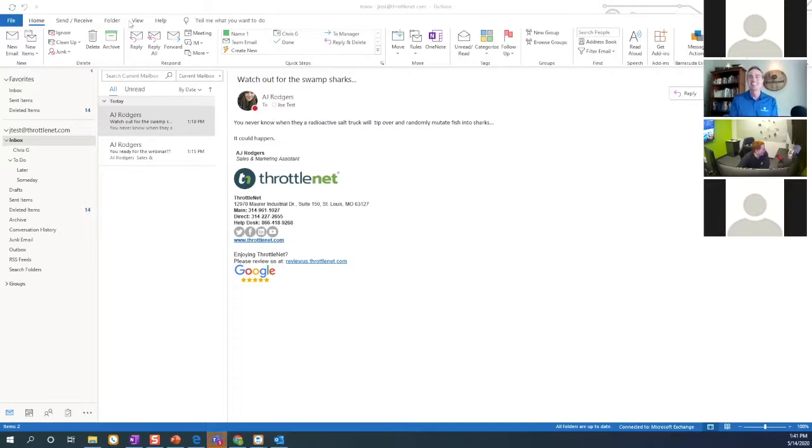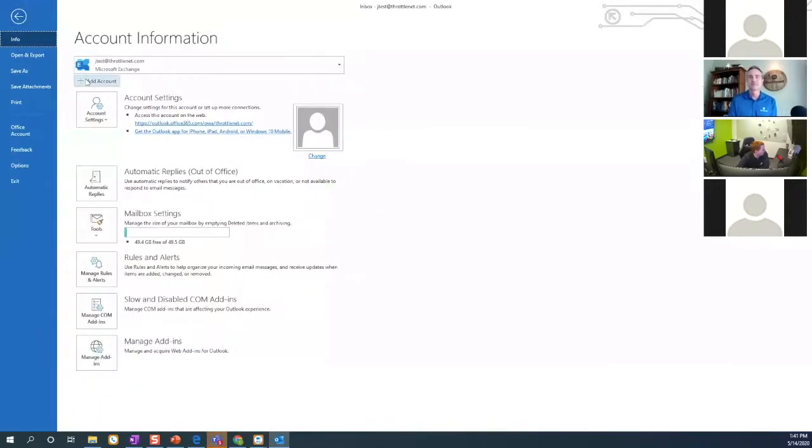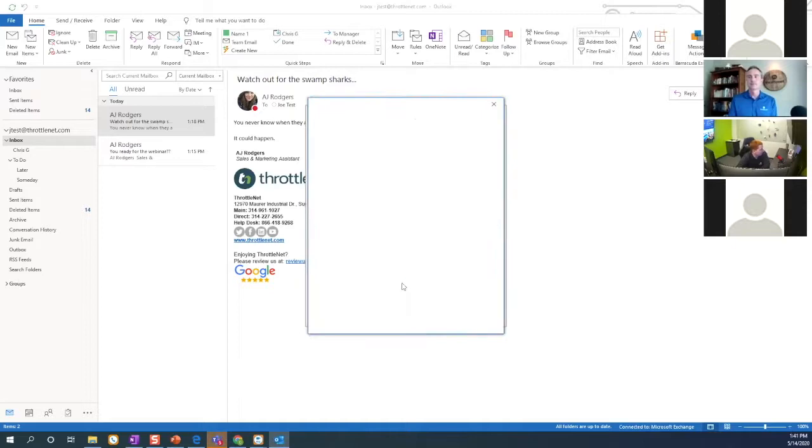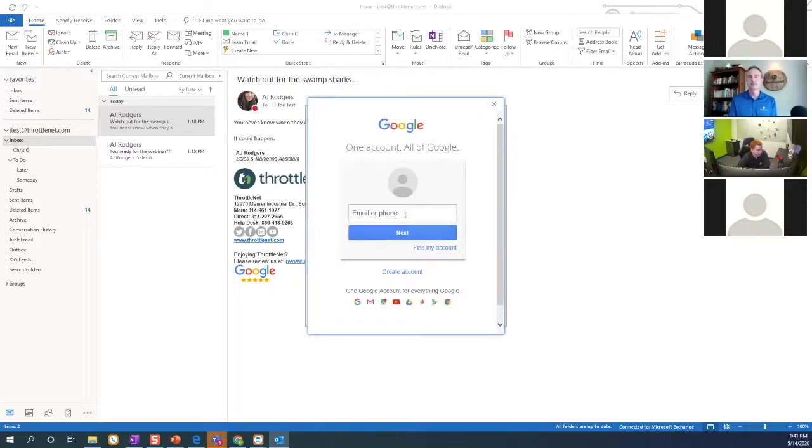This one's the first one that's outside of our normal home send receive view structure. We're going to click on File, Add Account. And what I like about this is it's looking for authentication. So by default, it's just the application, so it doesn't know where to go. But for instance, we'll throw in a Gmail account. It tries to resolve it, and if it can, it goes ahead and authenticates to Gmail. So at this point in time, I could